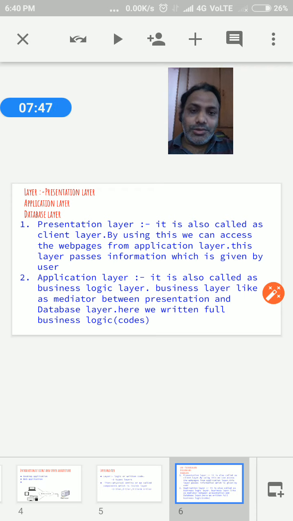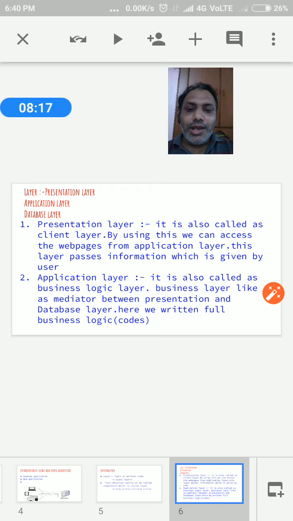In that presentation layer, the GUI or the front end is presented. That is the meaning of the presentation layer. Inside that presentation layer many applications run, based on different programming languages like your HTML, like your JSP, like your PHP. So through that we can create the code and represent it on the presentation layer.